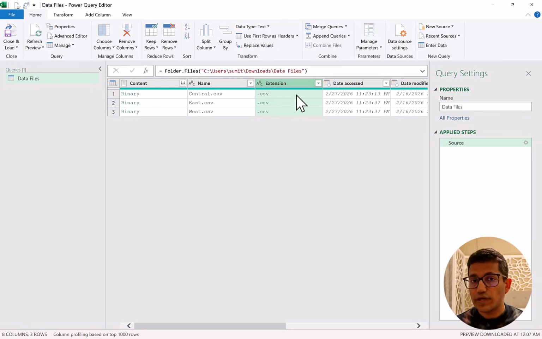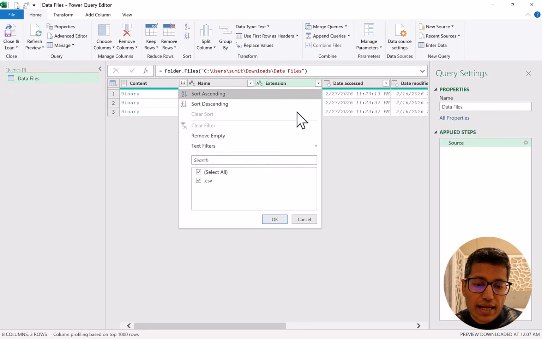You can have PDF files, you can have text files, and all those files would show up here. So if you only want to work with the CSV files, it's a good idea to filter here and make sure that you only get CSV files. Now in my case, it's only CSV files that are there in the folder, but in future if I add more files to it and I add a text file or PDF file, those would also show up and that might break my query. So to future proof my query, I can come here and make sure that I apply a filter,